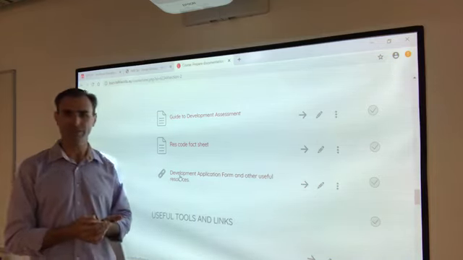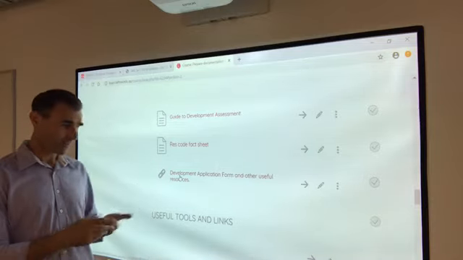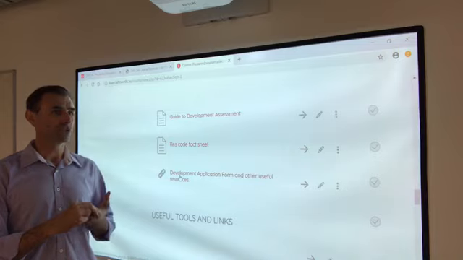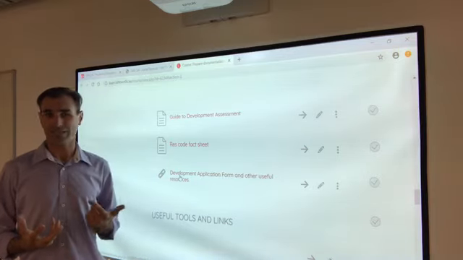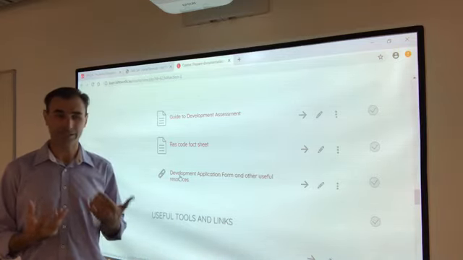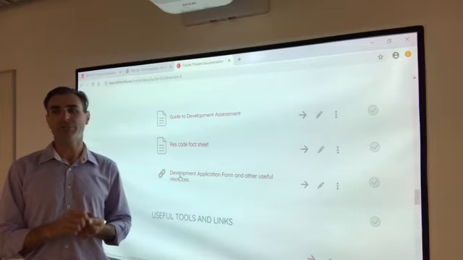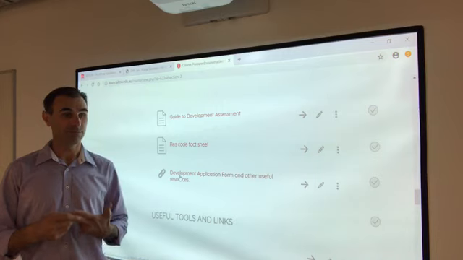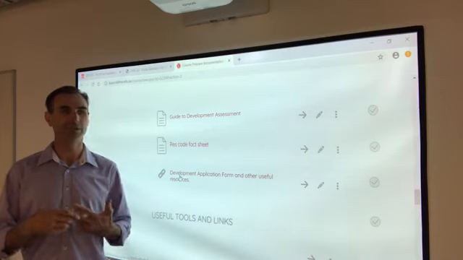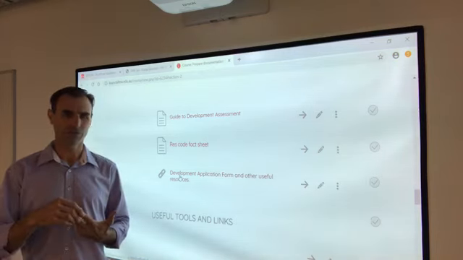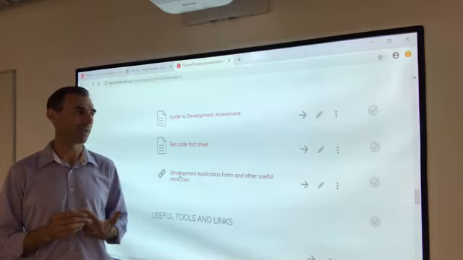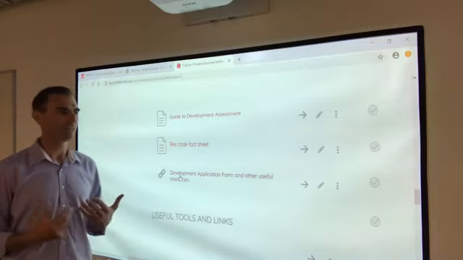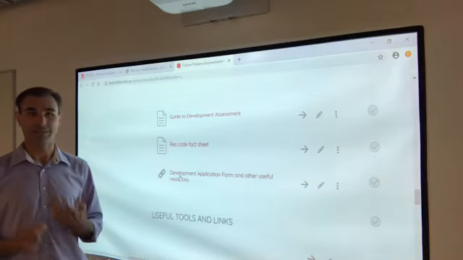But the other reason is that it's important for you to get that foundational knowledge of our planning system as it currently exists, because that's the basis from which the new planning system that's going to be implemented is going to be based as well. So it's very important that you understand planning and the planning processes today, because that gives that background to understand the new